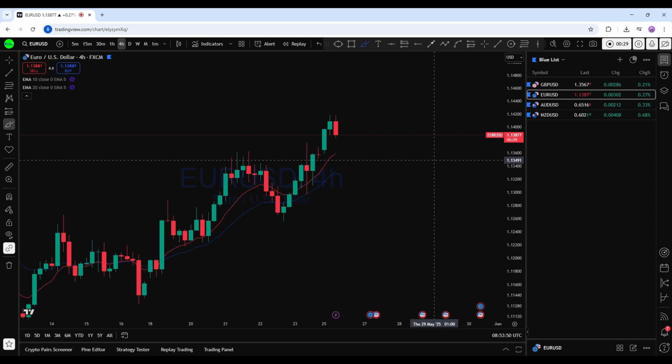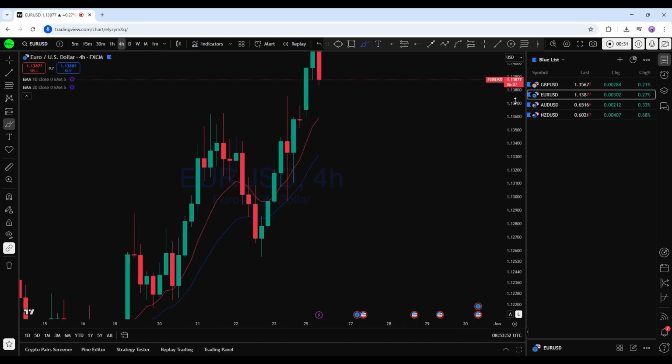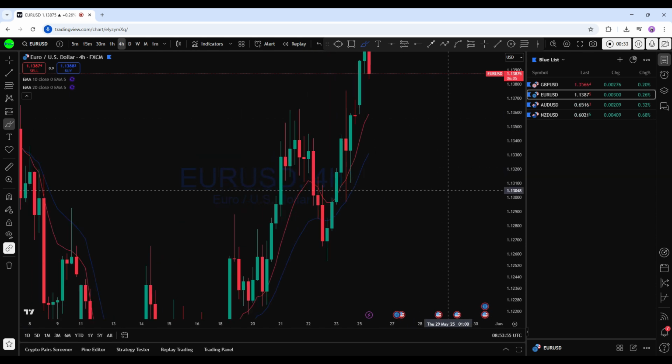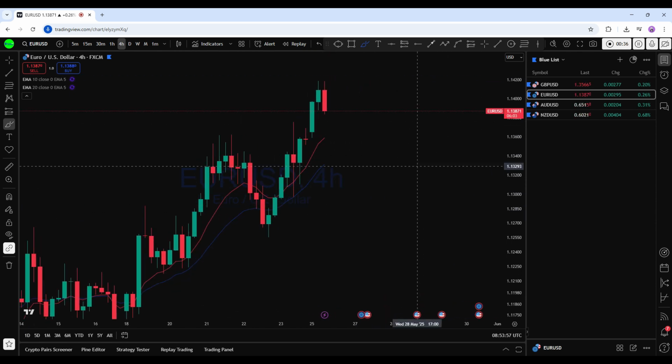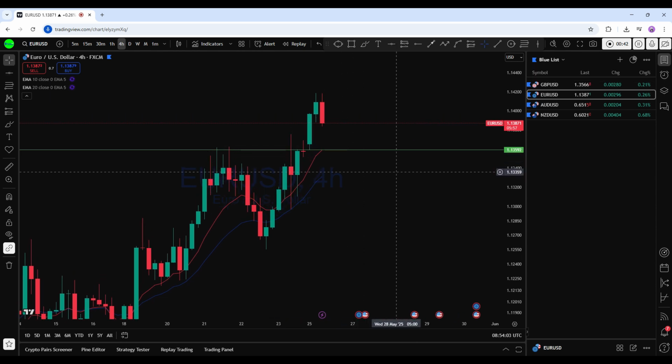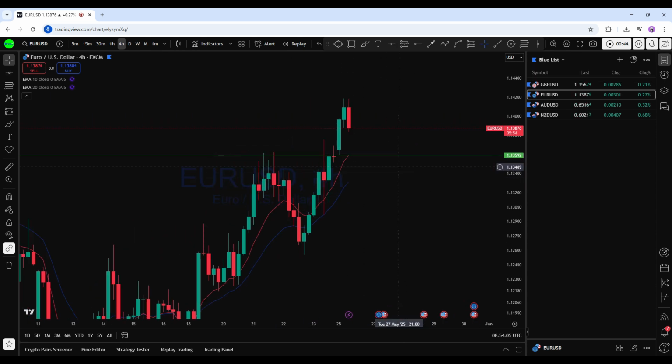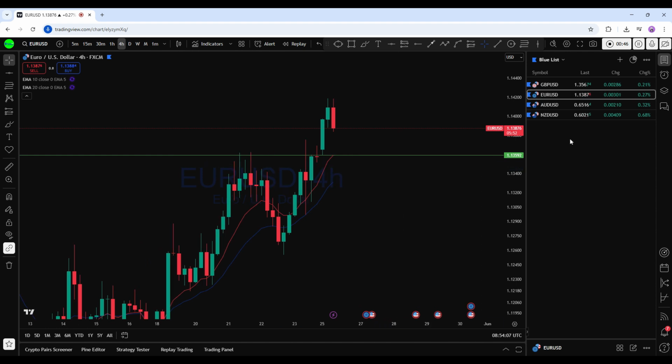So on the lower time frame, as the market left a gap here, and the market doesn't like to leave a gap open, we may see a potential gap fill, and where we may find another entry opportunity in those instruments. So I'm going to look at all of them one by one to see how we can trade, starting with